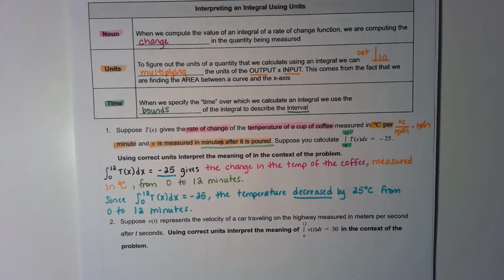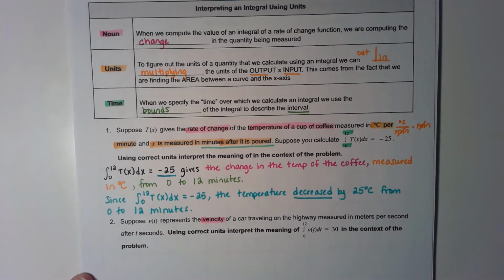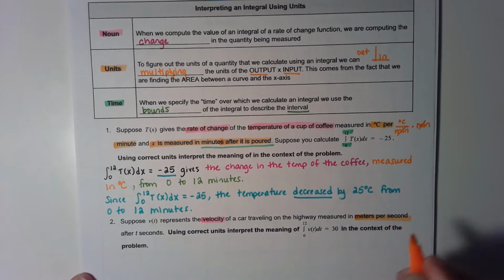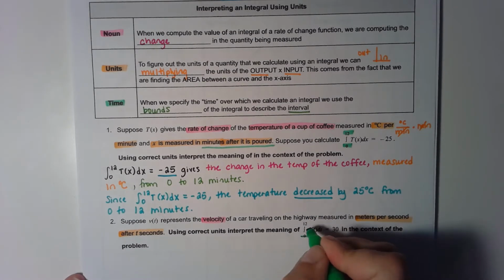Now let's talk about the next example. It says, suppose v of t represents the velocity of a car traveling on the highway measured in meters per second after t seconds. Using correct units, interpret the meaning of the integral of your velocity function from 0 to 12 is equal to 30 in the context of the problem. The first thing we need to make sure we know is what velocity means. So we know that v of t represents the velocity of a car traveling on the highway. The units are meters per second after t seconds, and my bounds, which is my time interval, are from 0